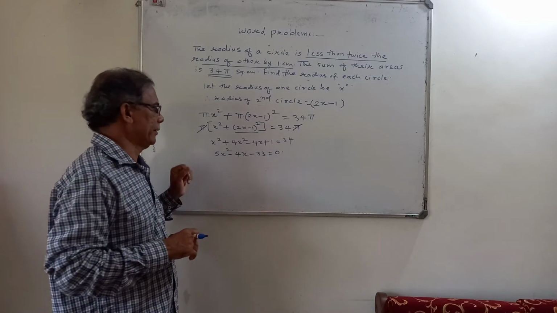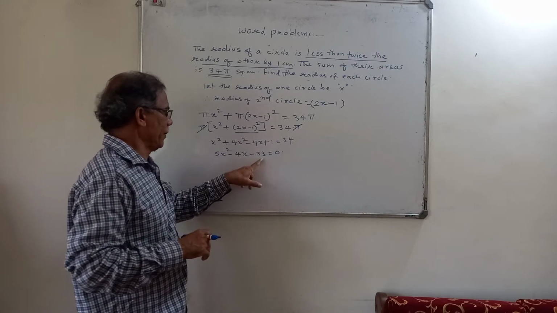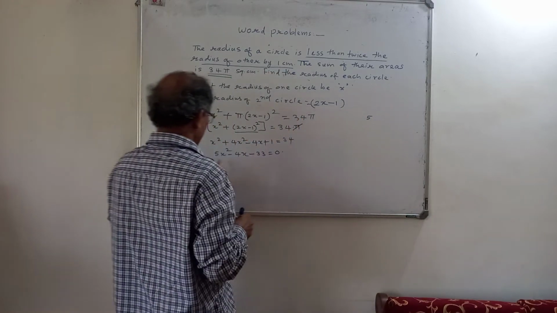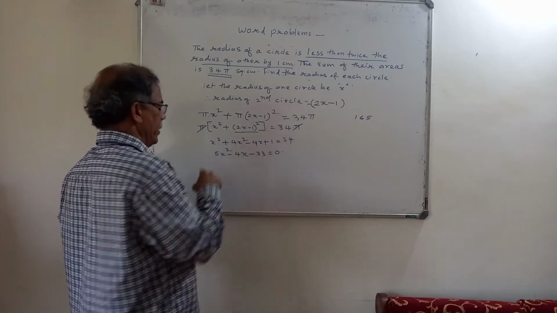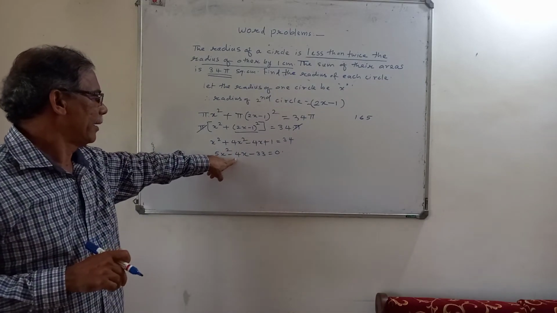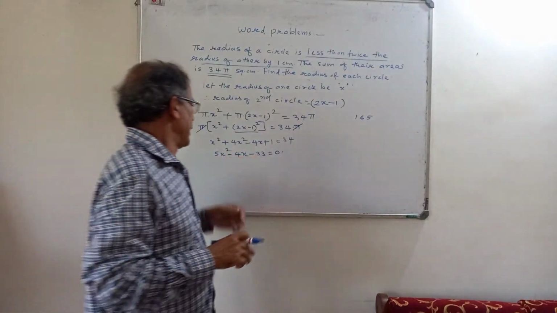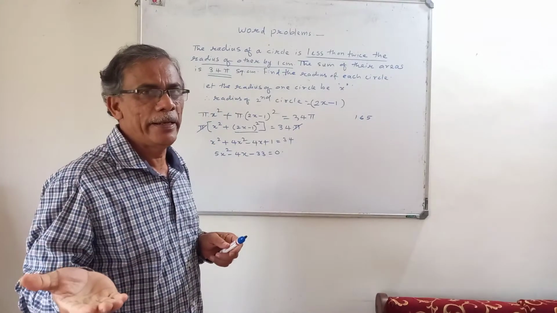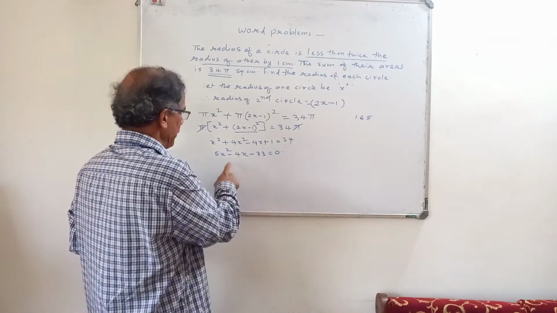Now we have to find the pair which will give you product 5 into minus 33. So 5 into 33 is 165. The product should be minus 165, and the sum should be minus 4. If the product is negative, that means one will be positive and the second number will be negative. So again we have to find two numbers like that whose difference is 4.